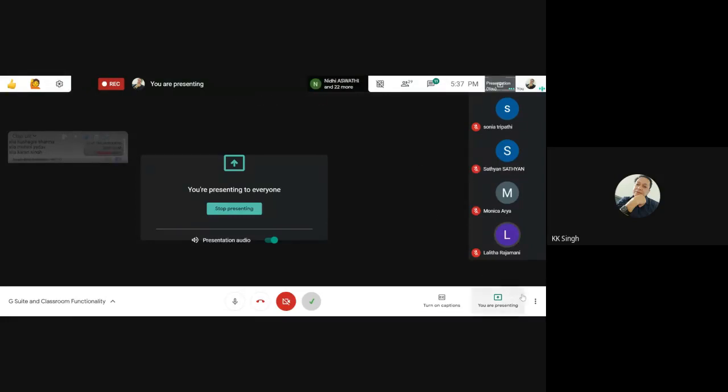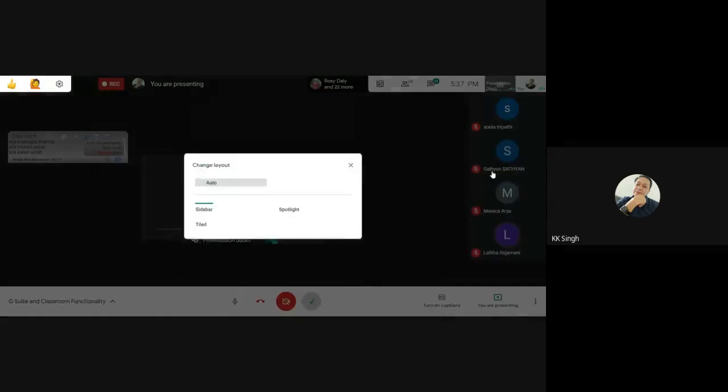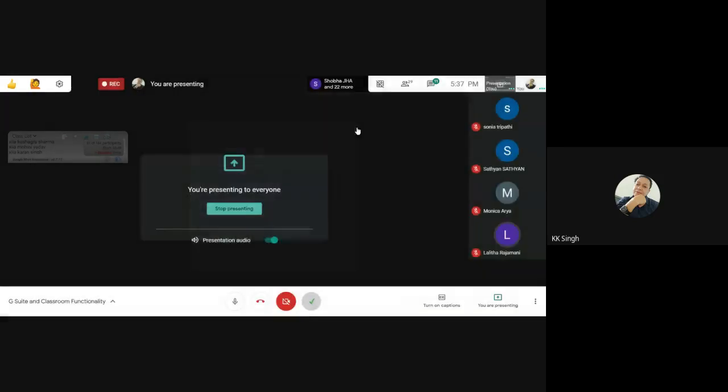Over here, if I change the layout, I have to click this, and I'm using the sidebar. That is why all the names of the teachers are appearing in this column, or if they are more in number, they'll be shown here.